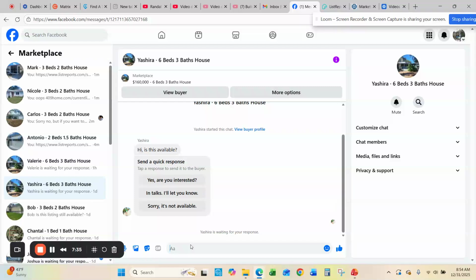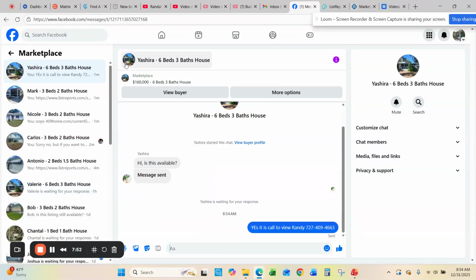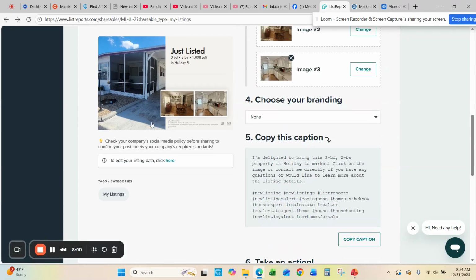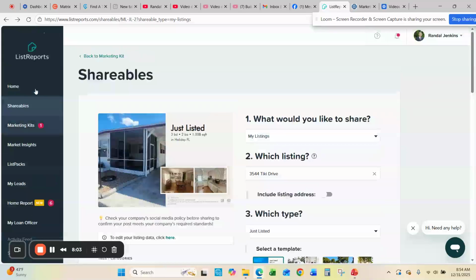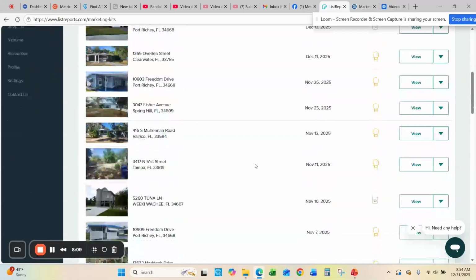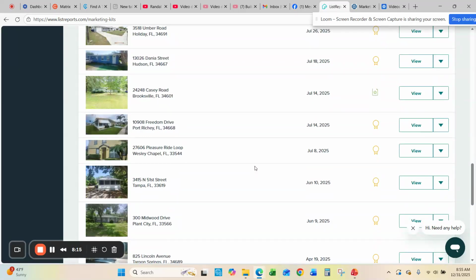So let's jump into this one. Is this available? Yes, it is. Call to view. Randy, 94663. Now they're going to get a little beep. Randy says it's available. Now this is the property on Mulrennan. So we jump back into our list reports, and as you can see from my platform, I have dozens of houses here with OneHouse website with my name and branding. So we're going to go down and look for the one on Mulrennan,